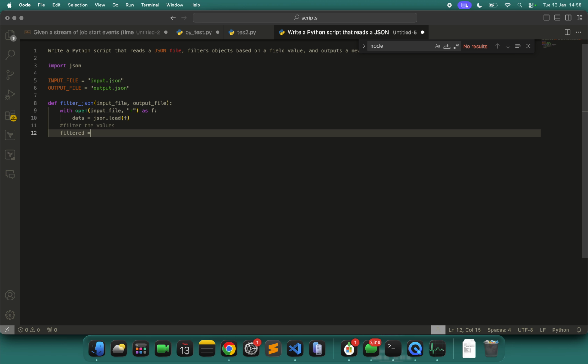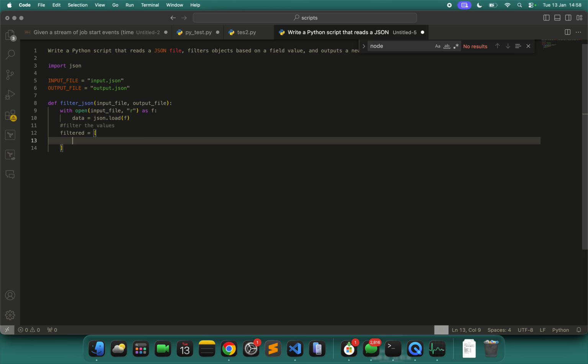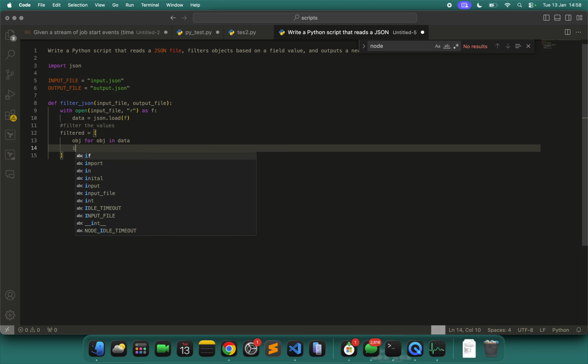The filter will be a list: for obj in data, if not obj.get value with key, comma 0.